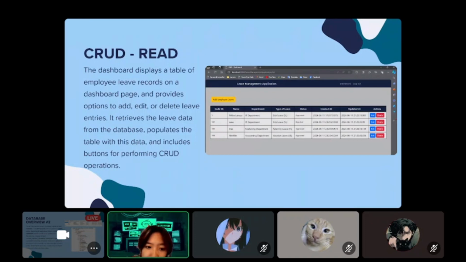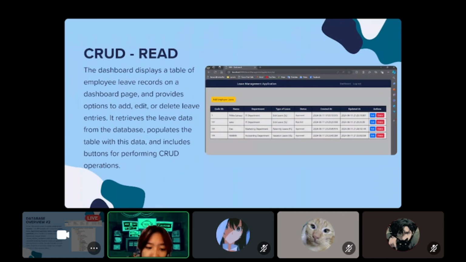As stated before in the database overview number 2, we have the code ID, name, department, type of leave, the status, created at and updated at as the columns in the LMA table in the database. And now here in the CRUD read, we also have the same columns with just an additional actions column where the user can edit and delete the entry.